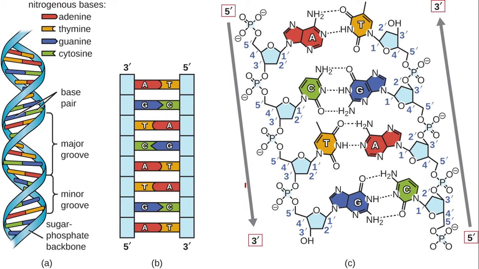Remember, DNA is negatively charged. Look here, every phosphate has a negative charge. Why is deoxyribonucleic acid an acid? Why is it an acidic molecule? Simply because an acid is a donor of protons and this phosphate group is a donor of protons. That's why nucleic acids are acidic in nature.